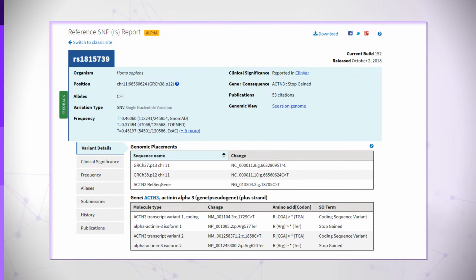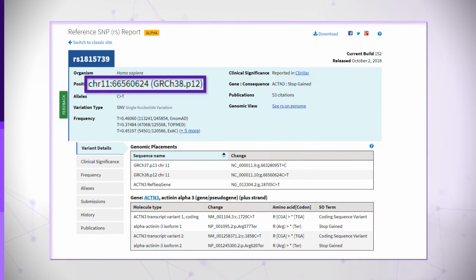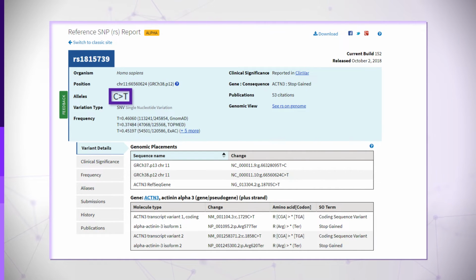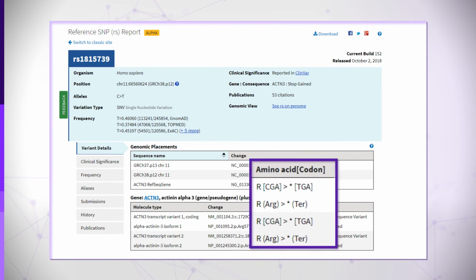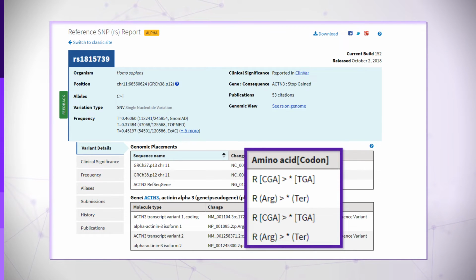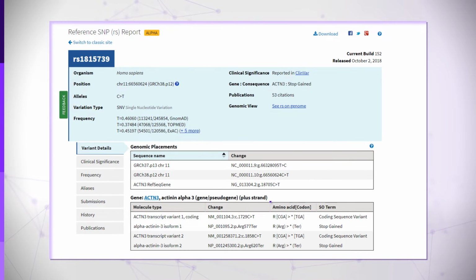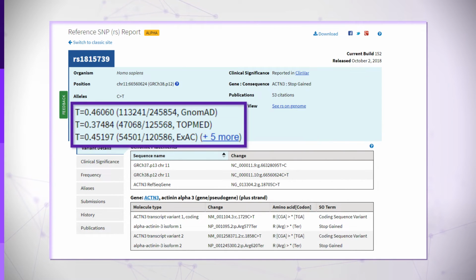These SNPs are mainly reported by large sequencing projects, regardless of whether or not they are pathogenic. For each entry, dbSNP reports its genomic location, information about the nature of the mutation, whether the variant is expected to lead to a change in the protein amino acid sequence or a splicing change, and estimation of the frequency of this variation in human populations, according to several large-scale human genome sequencing projects like the 1,000 Genomes.